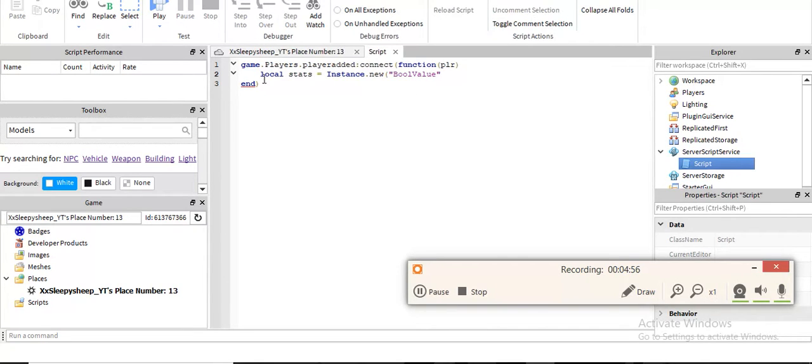So this is what's happening: game Players, so it's kind of like when PlayerAdded connect. Then what you do is go back over here and type enter. So this should not be here. So you go between here, and after BoolValue, you type in that, and then you type in plr again. You click enter, and then you write stats dot Name